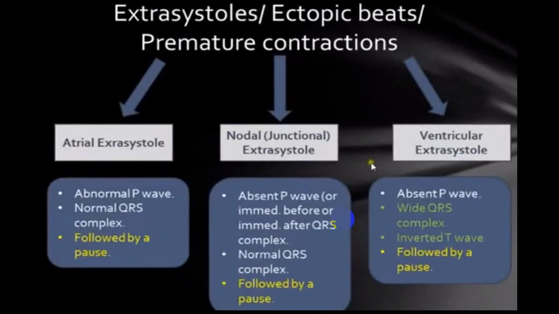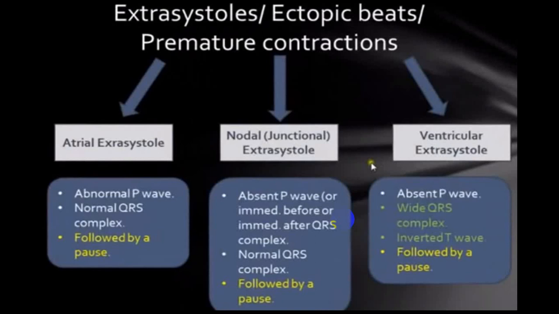This slide also I have shown you before, but I am repeating it again, so just pay attention. Any extrasystole or ectopic beats, we call them extrasystole, ectopic beats or premature contraction. You can have atrial extrasystole, nodal, which we also call junctional extrasystole, or ventricular extrasystole. Now in atrial and nodal,